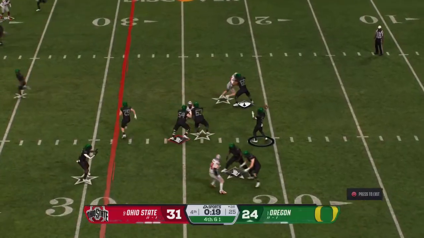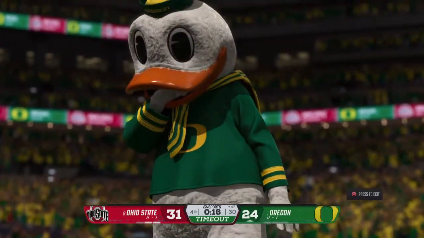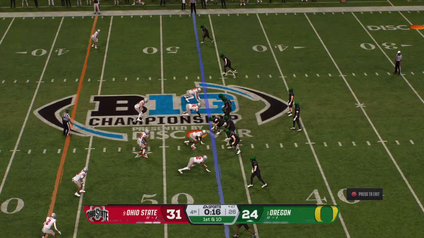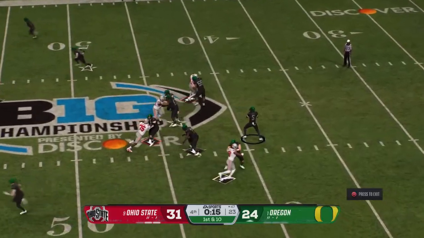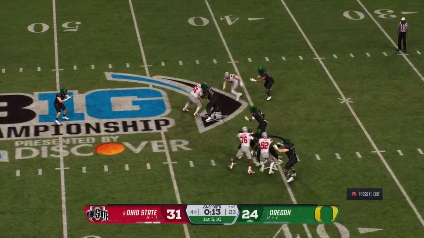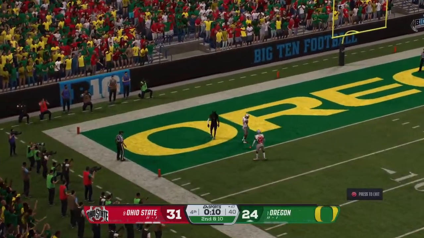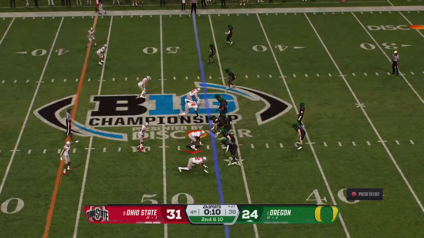Looking to throw for the first down. Quick throw, testing the middle. Looks over the middle, and that's complete. The offense spends a timeout here. There are 16 seconds remaining. On first and 10, looking to throw. Well, now he throws it. And that one's incomplete. An interesting first down call, but it doesn't work.